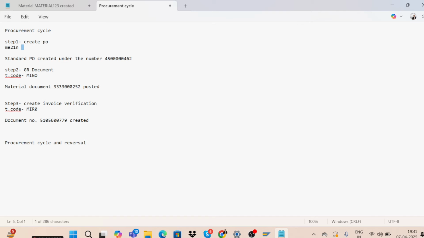Mainly the thumb rule is only cancellations. If you made some mistake or you want to make some changes in the PO, you can't make the changes directly. You have to go with the reversal step by step. First, cancel that invoice. Then you can cancel the goods receipt. Then you can change the PO. Then again you have to come back. Whenever you are going to cancel something, you have to go from bottom to top. Whenever you are creating something, you have to go from top to bottom, like step 1 to step 3. So the first step is